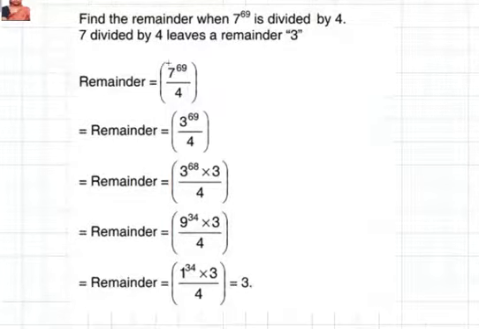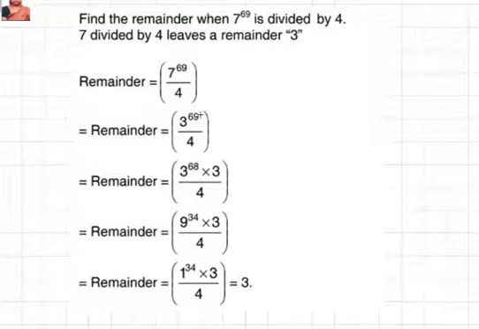First thing is what you can do is for any number, whenever you have the base here, the base is 7. If it is greater than the divisor, you can directly find the remainder first, then raise to the same power. So 7 by 4 you are getting remainder as 3. So that 3 you are writing, and then the same power will be continuing with that. So now you have 3 power 69.